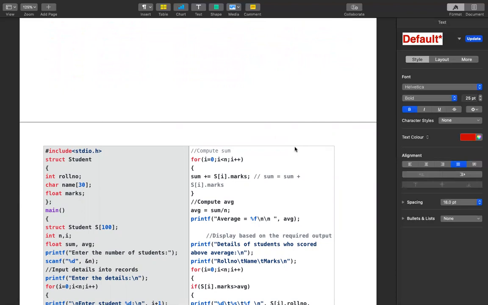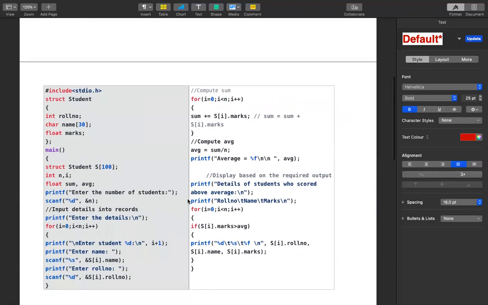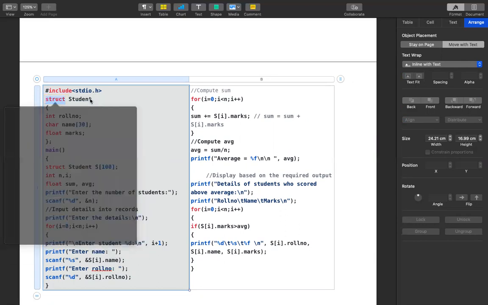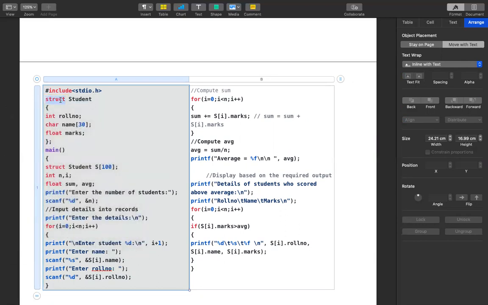If you can see in this particular program listed here, we already know how to create a structure. We create a structure in various ways, and one of the ways is using the keyword struct. So here we have created a structure and the name of the structure is student. Carefully observe, this is the structure, and we have the following attributes of a student as the members of the structure.